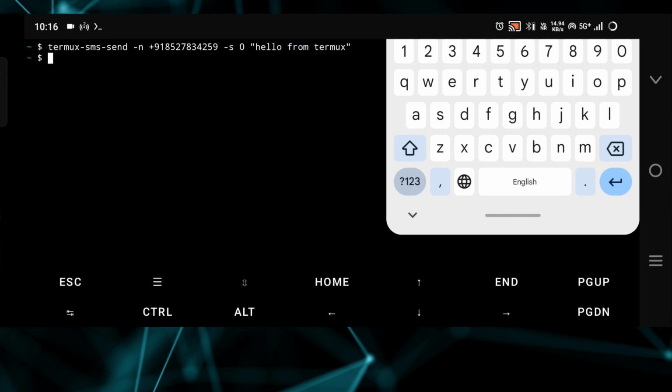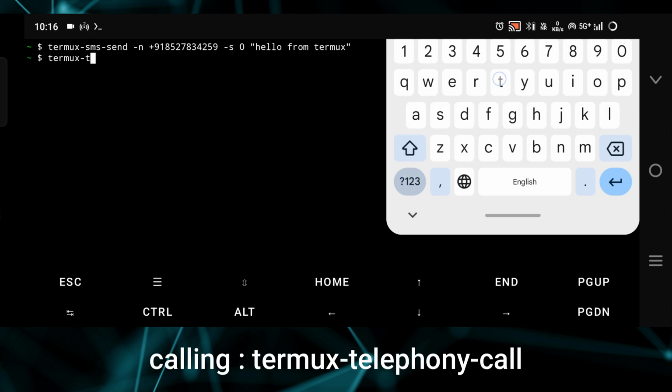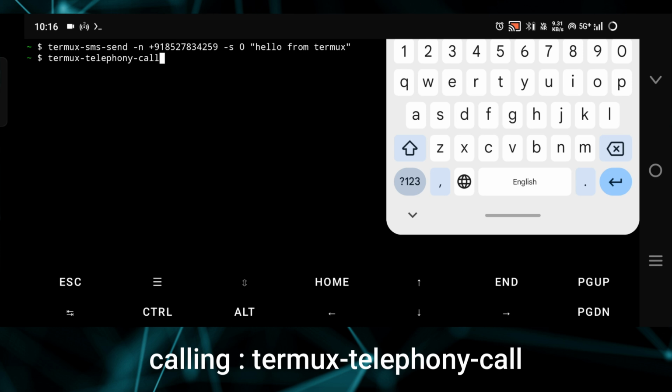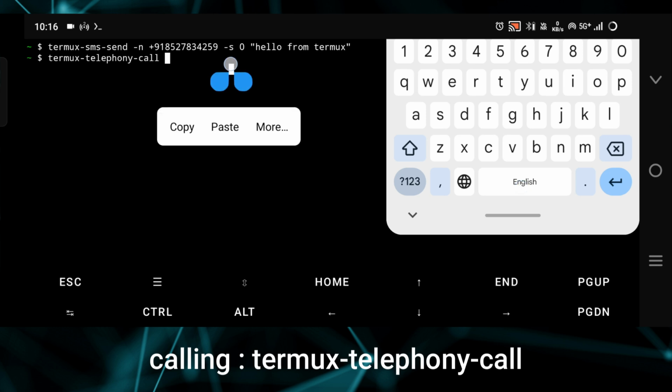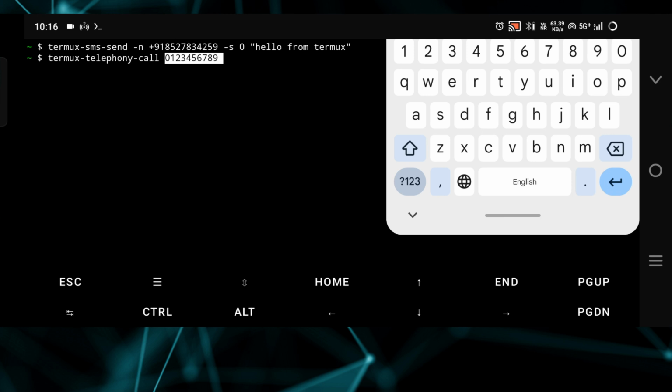Moving ahead, if you want to call someone, you have to use another command, that is termux-telephony-call. Again, if you don't have the permission, you have to give permissions like I've shown from the settings, and after typing this command, you just type the phone number that you want to call. So let's say I have a number here and I want to call on this number. If I hit enter, it will